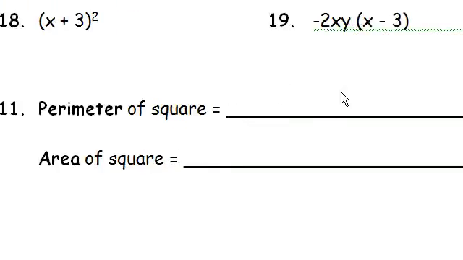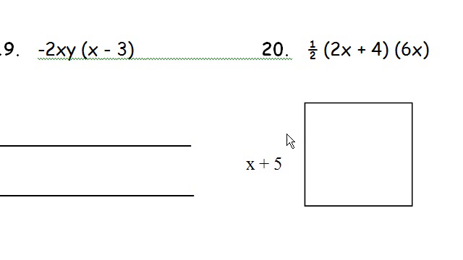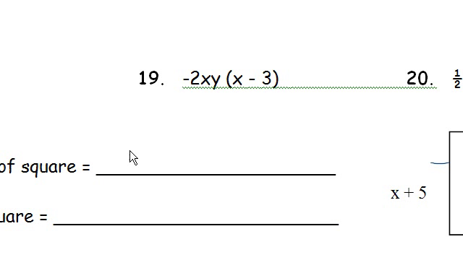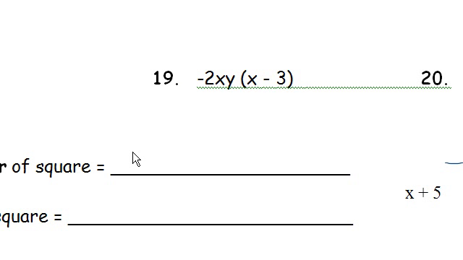The perimeter of a square is very easy. In a square, you know that all the sides are of equal length. So we are given that one side of the square is x plus 5. That means all 4 sides of the square are x plus 5. So we know that the perimeter of a square equals 4 times